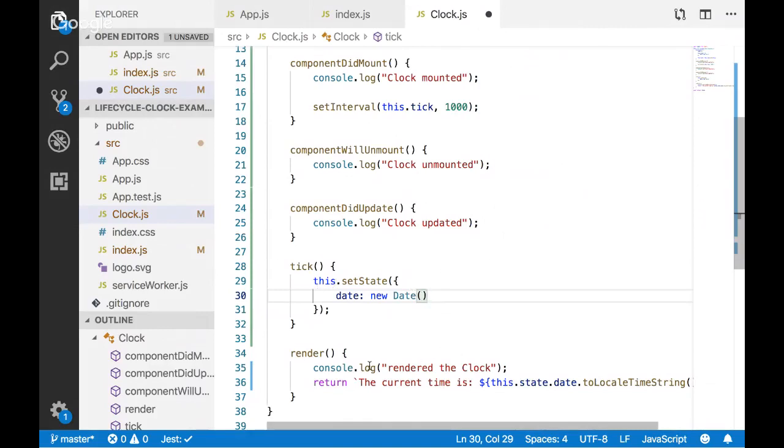Okay, so now we're rendering. Is somebody at my door? Just a moment. I think there might be somebody at my door.